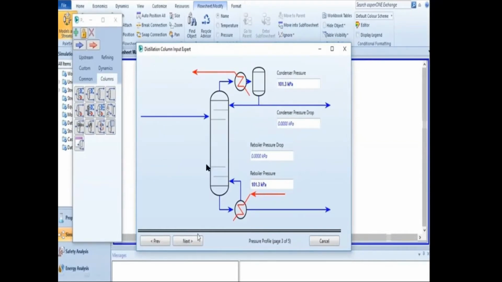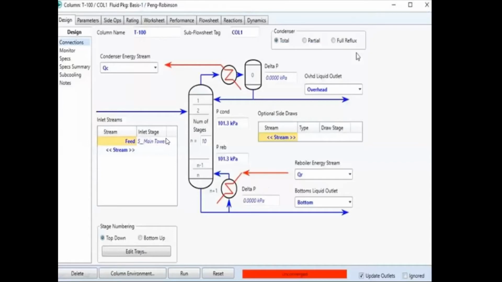All this data is coming from the chemist. Okay, means in the petroleum industry, there is such a laboratory where a chemist is working, and he is providing assay data, and that assay data is nothing but having all the properties. For example, boiling point, melting point, temperature required, pressure required, all these things, viscosity, flash point, all these things are given by the chemist. And those things are required for the simulation purpose because all those data are the input data. Okay, just put here condenser pressure and reboiler pressure. After that, now it will look like this.